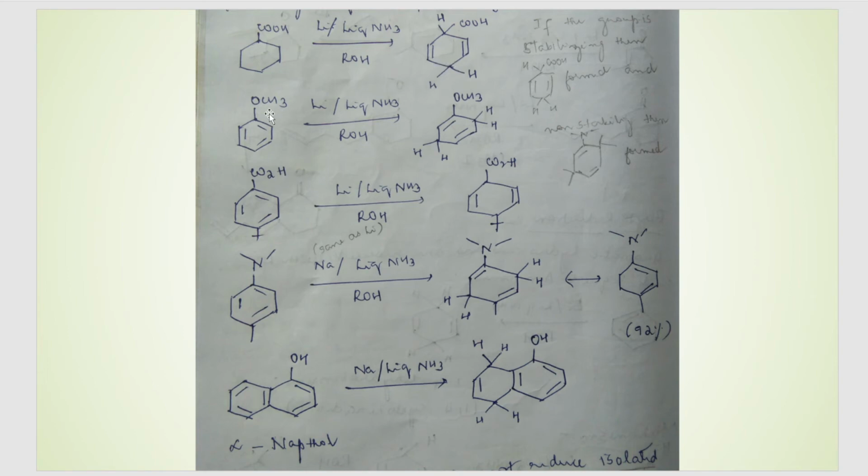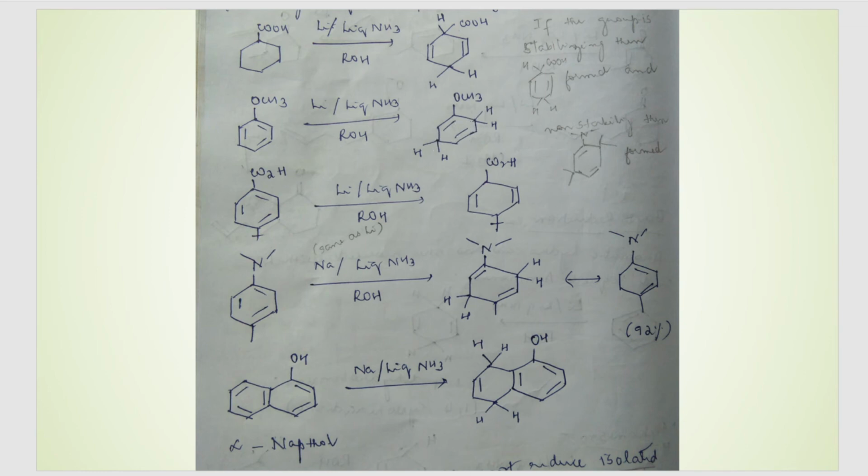Whereas if we are using an electron donating group which destabilizes the anionic intermediate, this is the type of product that we get. So do you get the difference? Here, this H won't be reduced, whereas this position and this position are reduced. So the position where the reduction is taking place changes depending upon what group is attached. This is a destabilizing group, this is a stabilizing group. So for a stabilizing group the preferred positions are 1 and 4, whereas for a destabilizing group the preferred positions are 2 and 5.